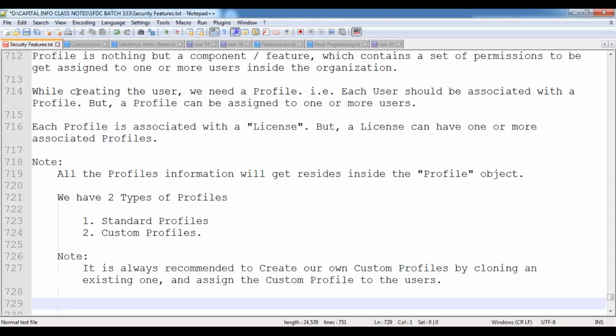Profile is the only place where we can grant all the permissions at one place. Whatever the features are there inside your organization, on all the features, that means here we can grant the permissions on the application. That means what applications the user can access, what tabs the user can access, what objects the user can access, what operations the user can perform on each and every object, what fields the user can access, what page layouts